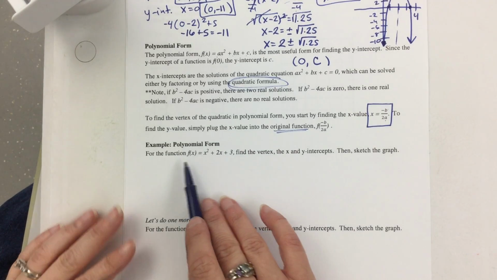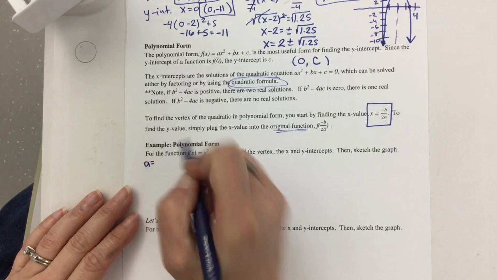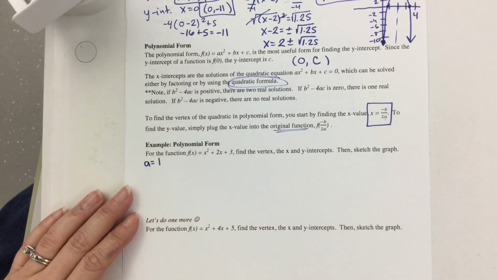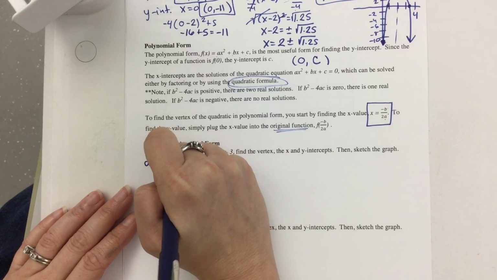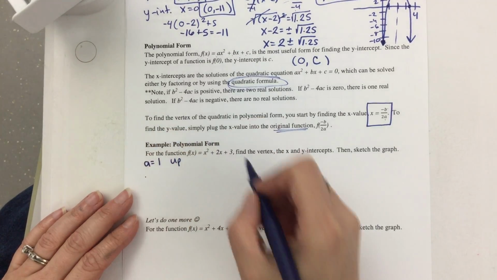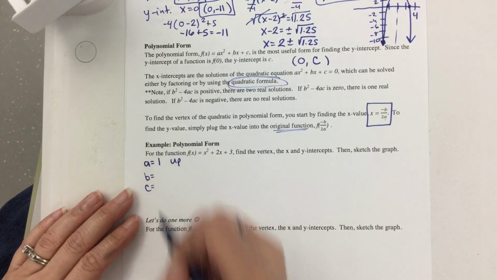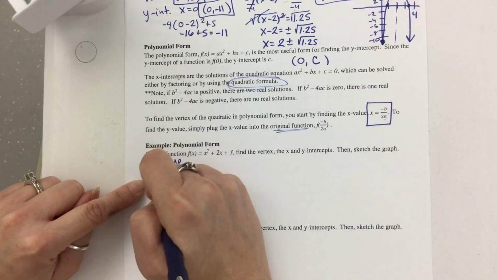Okay, here's the first function. First thing I still do is a. A is the first value, it's a 1. 1 is positive, so this parabola will open up. And I know that I'm going to, at some point, be doing the quadratic formula. So I'm going to go ahead and just say, all right, well, I know A is 1, B is 2,